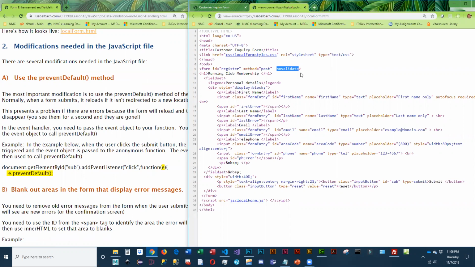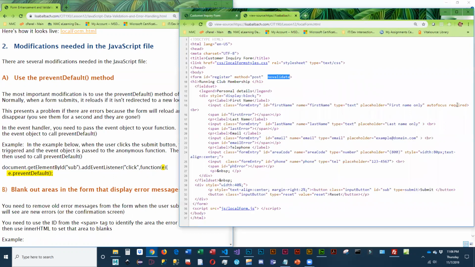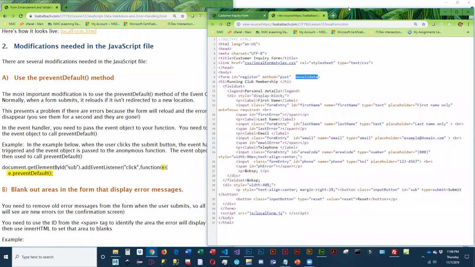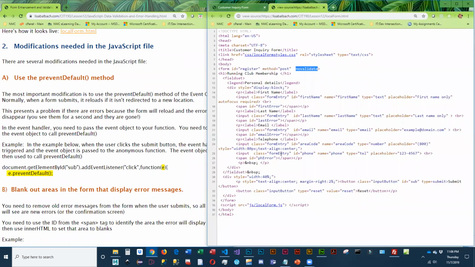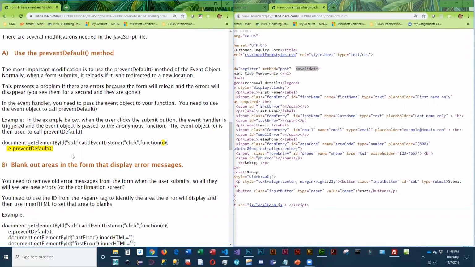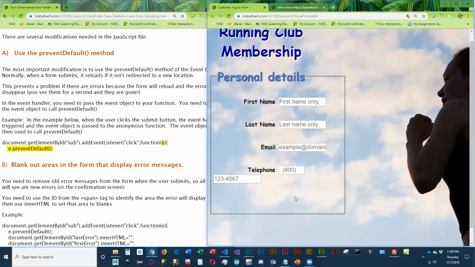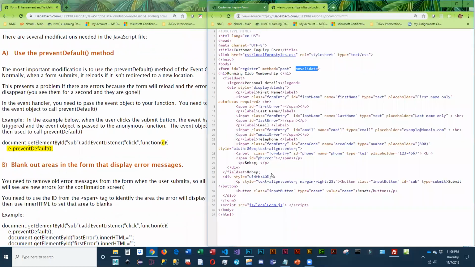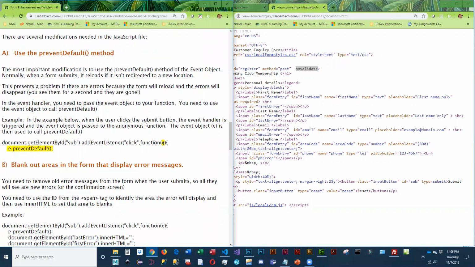Okay, so I've got novalidate, and I do have HTML5 validation in here. You can see I've got autofocus and I've got required. So I didn't remove that validation. I just included novalidate up at the top. Okay, then for my JavaScript file, the first thing that you need to do, and this is super important, is in the event handler, so when they click on the button to submit, make sure you pass the event object,